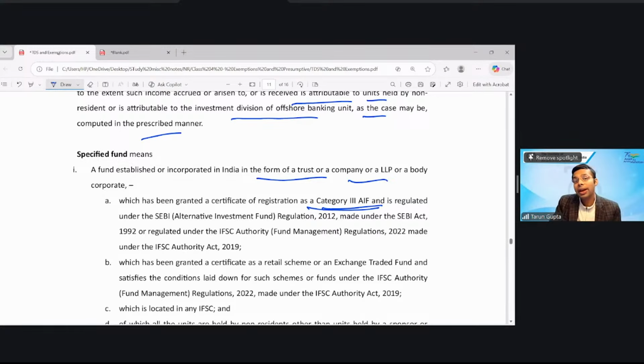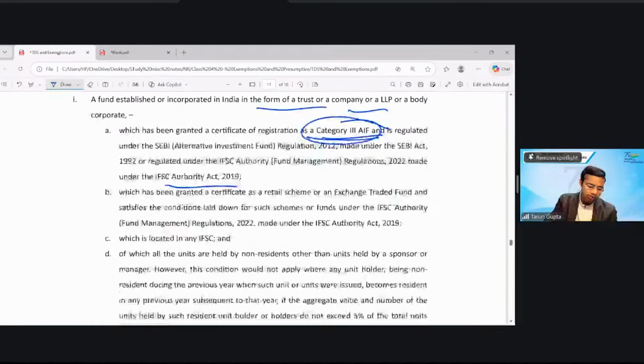So it's a Category III AIF regulated under the SEBI Alternative Investment Funds Regulations 2012, made under the SEBI Act 1992, or regulated under the IFSC Authority Regulations 2022, made under the IFSC Authority Act. So a specified fund means a fund incorporated in India and registered with SEBI as a Category III AIF,